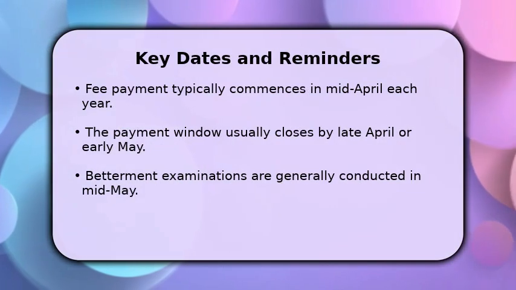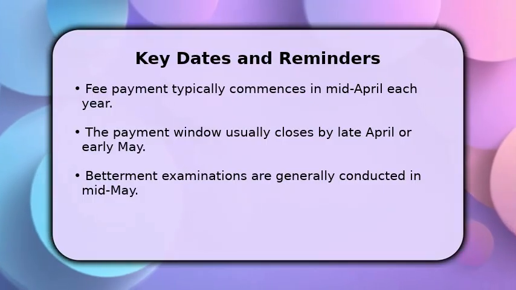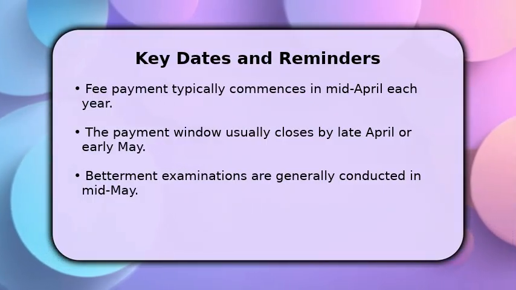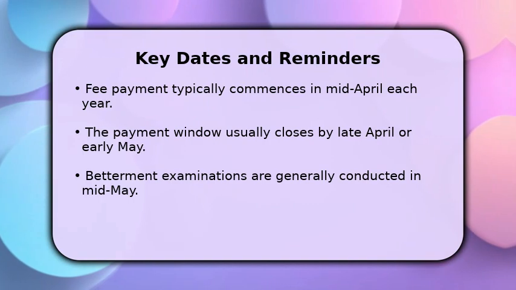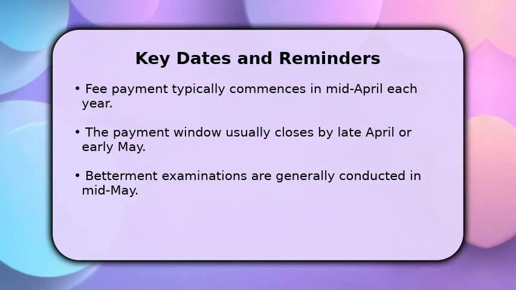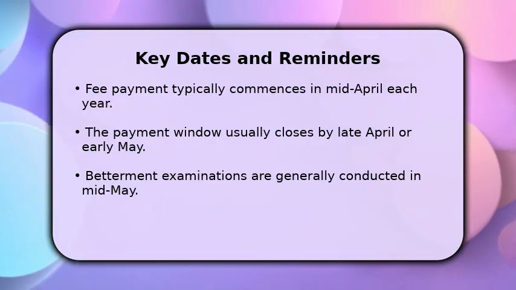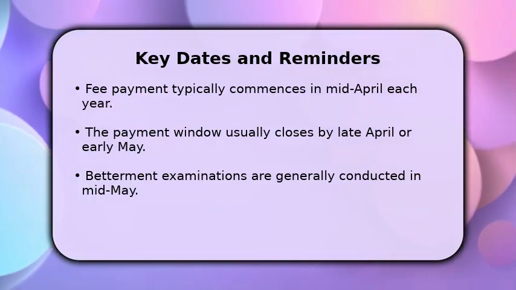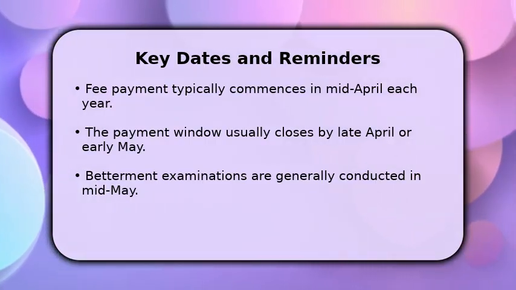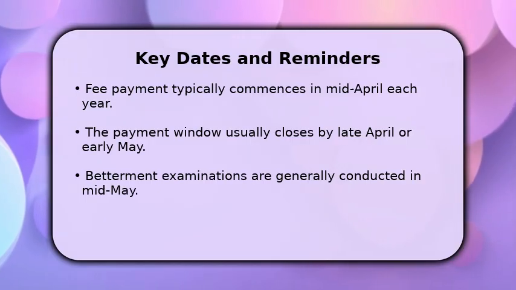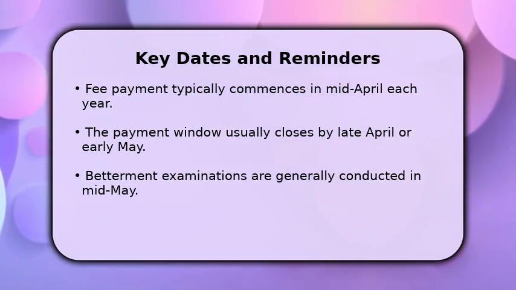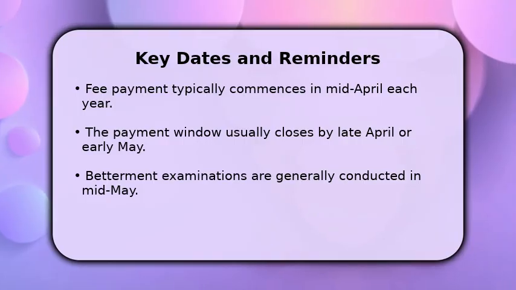Staying informed about important dates is crucial. The fee payment window for Betterment exams typically opens around mid-April and usually closes by late April or early May. The actual Betterment examinations are generally held in mid-May. It is always advisable to check the official Board of Intermediate Education website for the most current and precise dates. Timely payment and application. Ensure you don't miss this valuable opportunity to